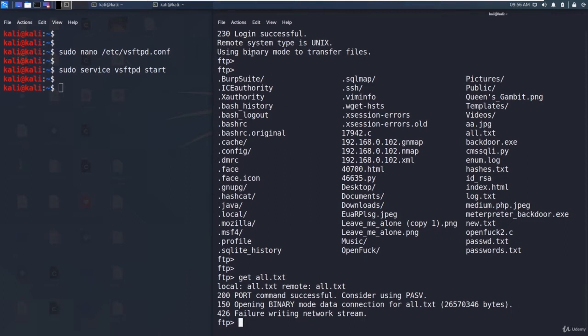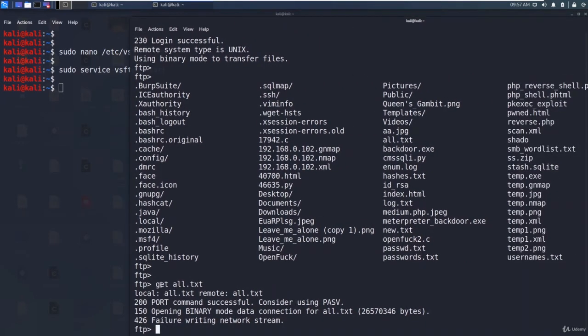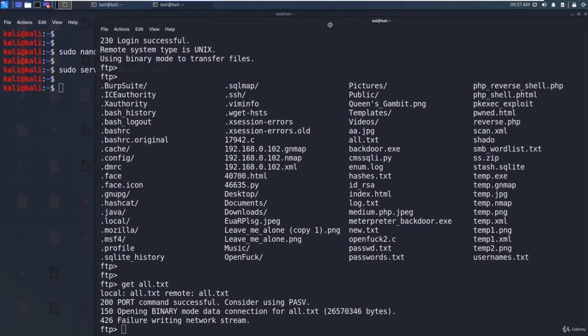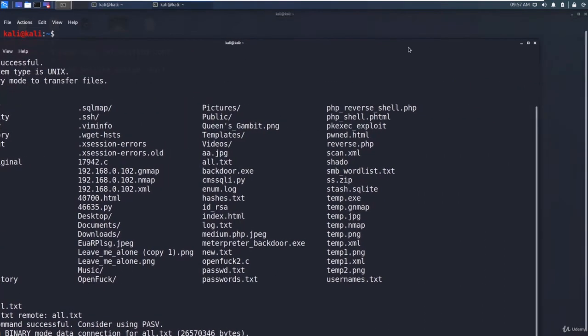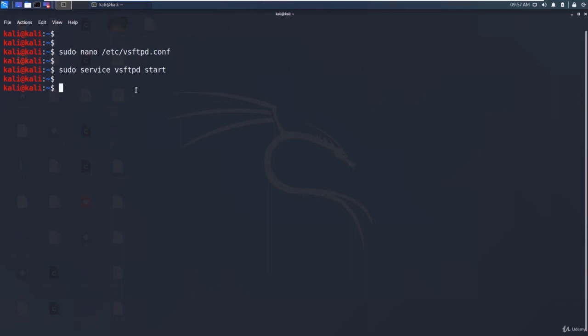It's using the default binary mode, and binary mode is useful for transferring binary data like executables, ELF files, etc. So you can get files using this get command. Let me close this one. We have set up this FTP server and accessed it using the FTP client. That is one way.